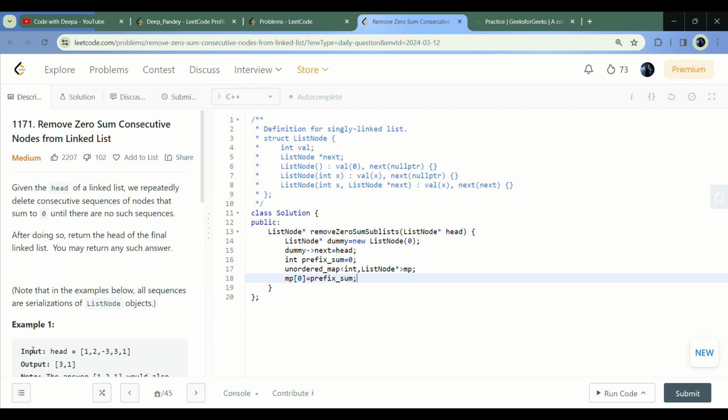After that, I will also declare a node star current, which initially will point to my head. Then I will run a loop while current, which means this loop will run until I get to the end of my linked list. Then I will change the value of my prefix sum, adding my current node value to it. After that, I will check whether this value has been encountered before or not. So I will check mp.find of prefix sum